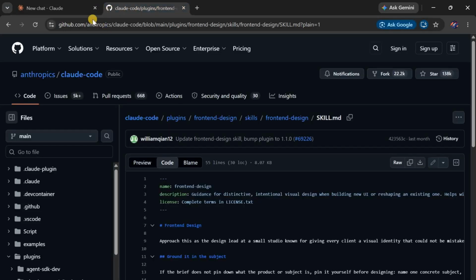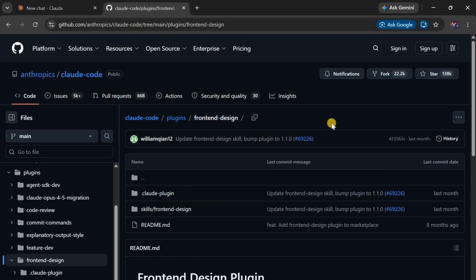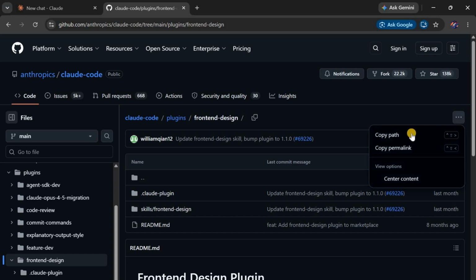Now for this case, we shall use this website, which is github.com Anthropics Cloud Code. You can see, guys, that the front end skill is over here and this is the design. So I'll quickly click on it. Once I click on it, it's so simple. I'll just come over here on these three dots and then I'll either copy path or